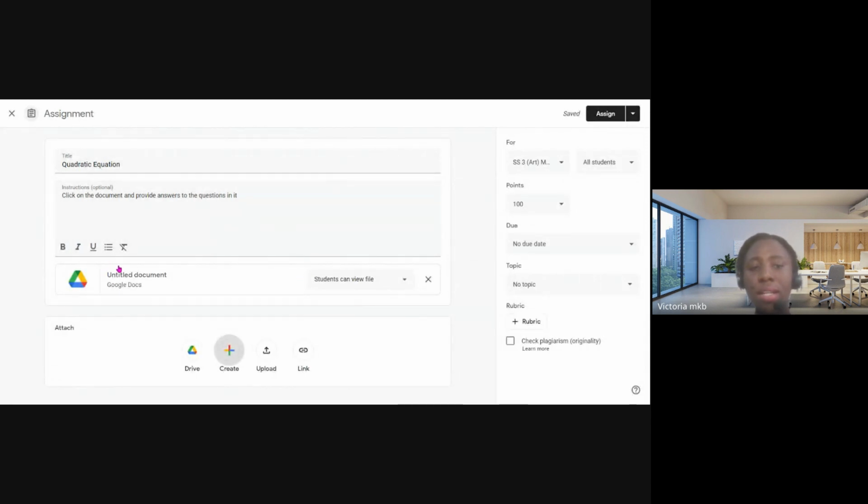Here you can see that the document has been created and then you have a few options. Student can view file, student can edit file, make a copy for each student. Now, mind you, this is a worksheet where I want the students to write on. And so the best thing I want to do is I want every student to have a copy. Remember, it's one document. All the students will have access to it and they will want to write on it. And so you want to make a copy for each student so they can go ahead to write on it